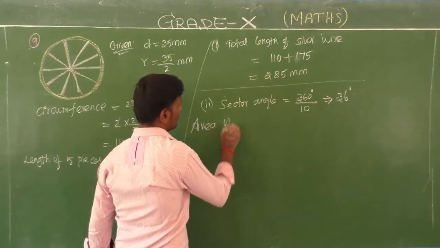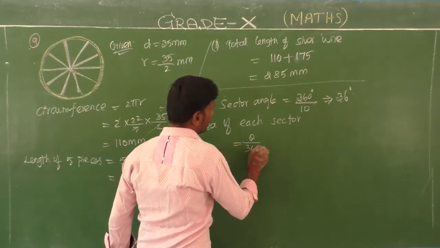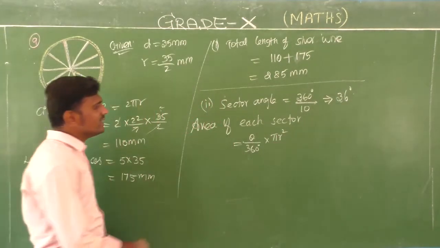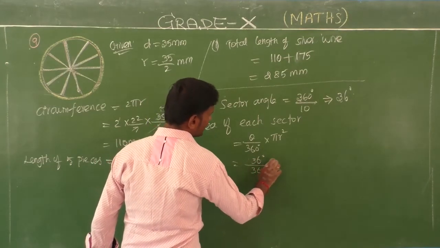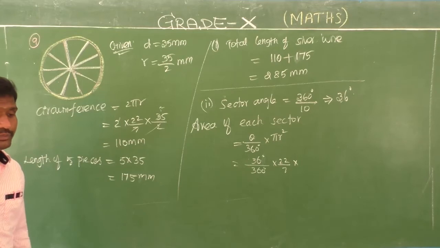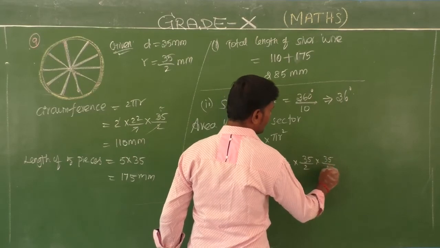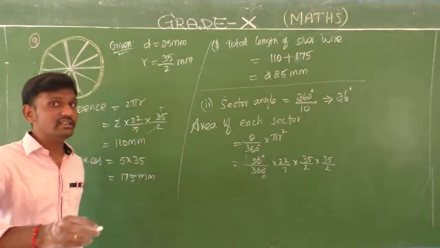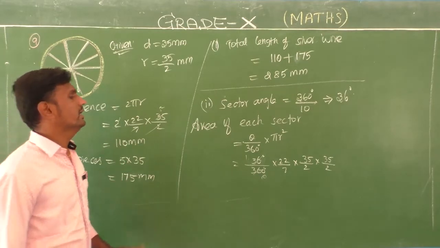So area of each sector, and you have the formula theta by 360 into pi r square. Now theta is equal to 36 degree by the total 360 degree, into the value of pi 22 by 7, and radius 35 by 2. Yes, student. So 35 by 2 into 35 by 2. Now the simplification, listen carefully. 1 times and 10 times. 1 36 are 36, 10 36 are 360. Otherwise simplify by the table of 2, 3, 6, anything you like. Okay. Now 10 are here.